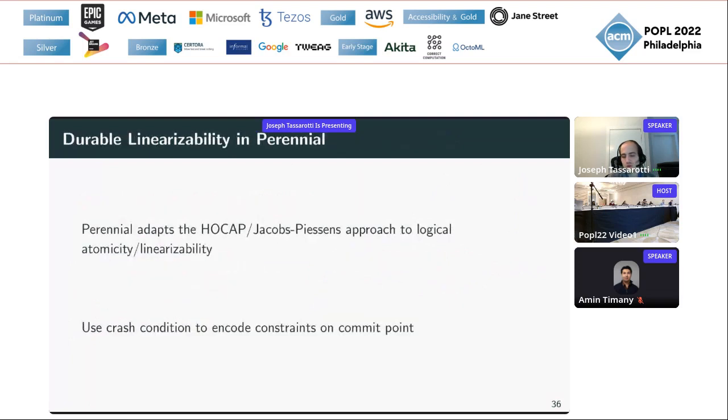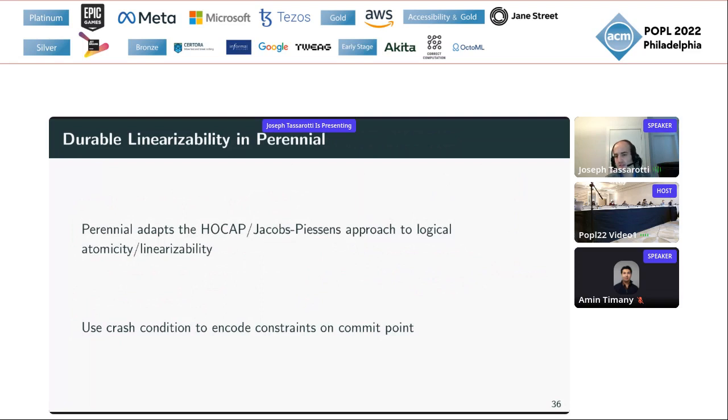So what we've shown in Perennial is that if we take some of the mechanisms that have been developed for reasoning about linearization and logical atomicity, we can adapt them to handle this idea of durable commits. Okay, so there have been a number of proposals for doing this logical atomicity reasoning in the literature. We adapted an approach that was proposed in the HOCAP program logic and was prefigured by a work of Jakob and Pieces.